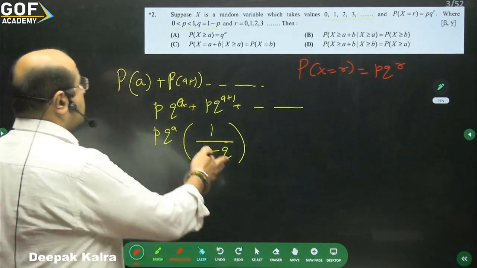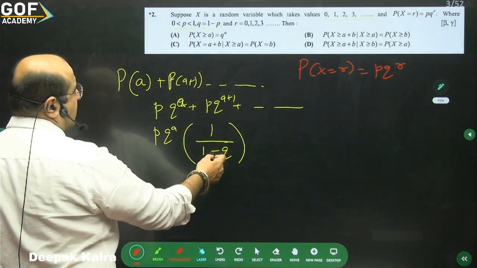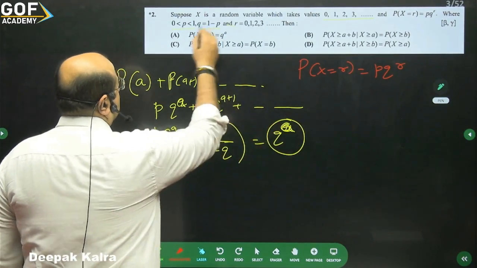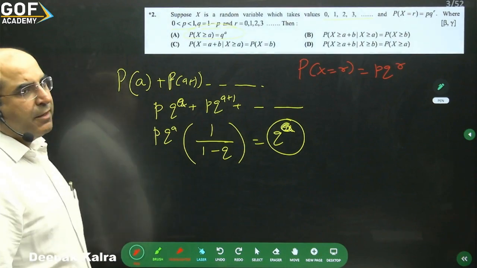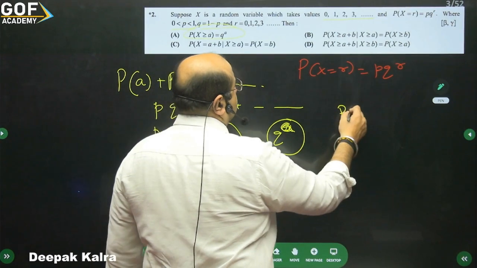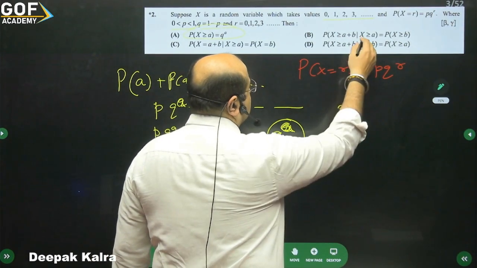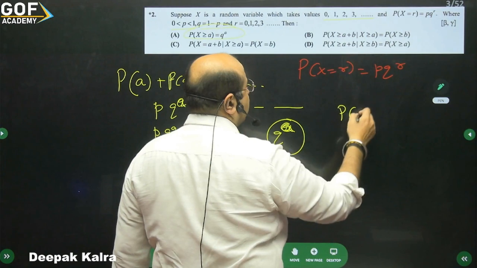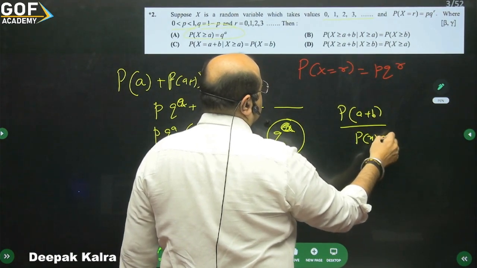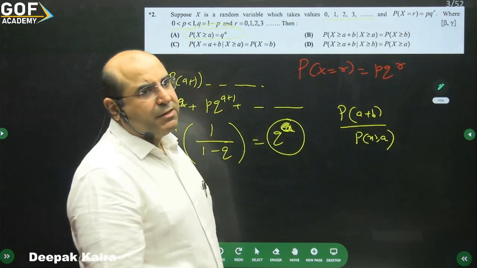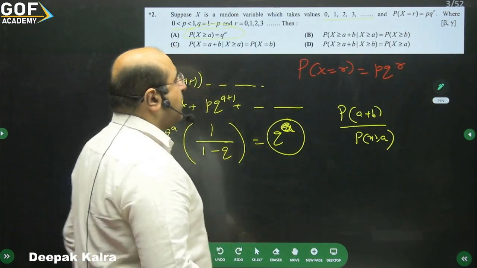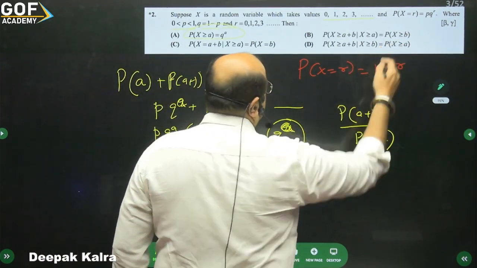Yes. So this is okay, and you know that 1 minus q will be p. The answer is q raised to the power a. I think first is there, and then you have this conditional probability: P(X greater than a plus b, intersection) will be P(a plus b) over P(X greater than a). This is the only one, no? Because the common will come a plus b only. This many, and it is equal to greater than or equal to b.